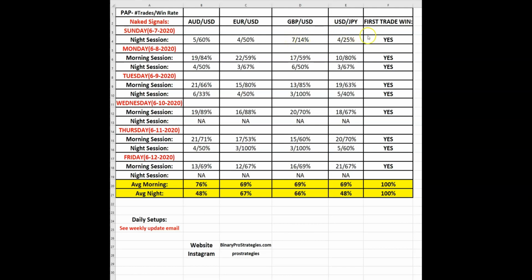But nonetheless, I'm also tracking the first trade wins, meaning I'm looking at every first trade every morning. We start at 8 a.m. every morning. I look at the very first trade, and it could be in any of these four. It doesn't matter which one it is. And this is based on the naked signals. Whatever the first one is, we're taking it, and we're looking at the results. And this week, unbelievably, even though the stats were low, the first trade out of the gate was super strong